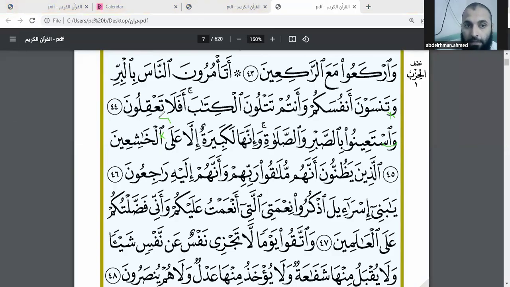We say ala al-khashi'in. Here, should we say wa as-sabirin? No, sorry, was-salati? No. Hamzat al-Wasl in the middle, we don't read it. Was-salati. Here, bis-sabri, not bi as-sabri. If your teacher wants to test you, he will tell you how do you start from here. He will say as-sabri, as-salati, al-khashi'in. If he told you start from here, ista'inu, ittaqu.